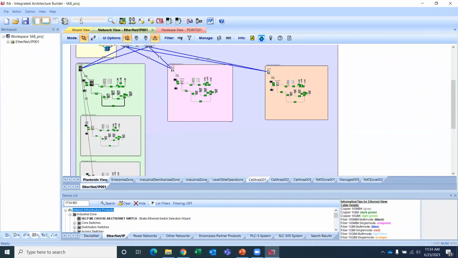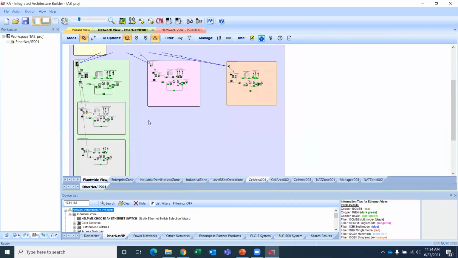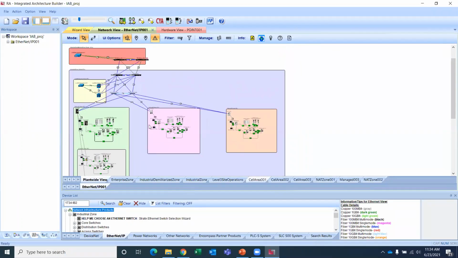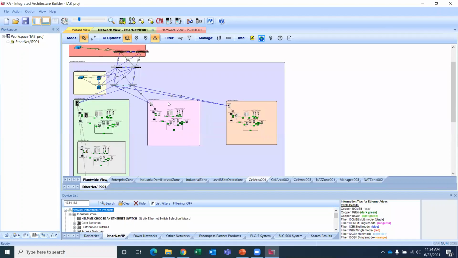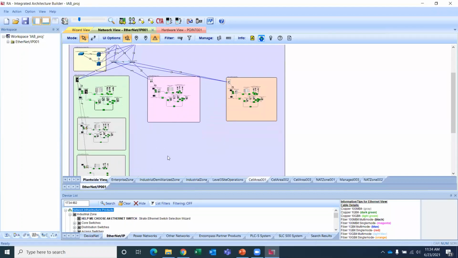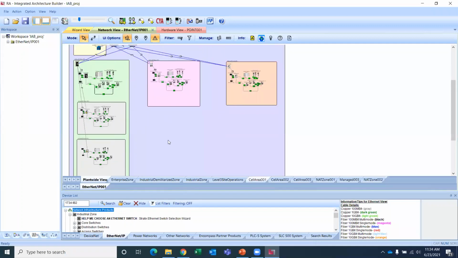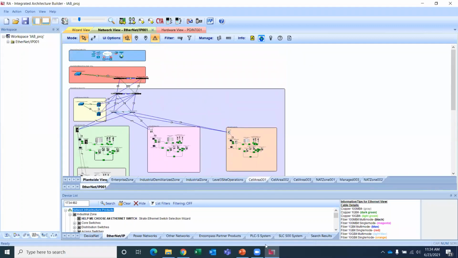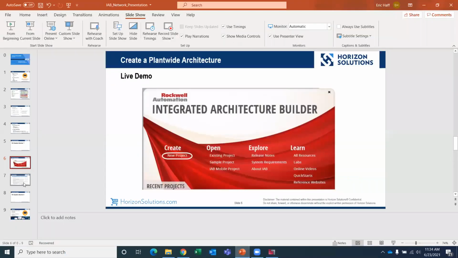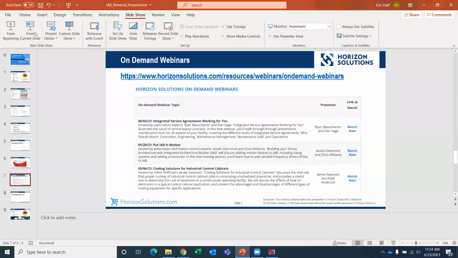As we zoom out a little bit, it's hard to see because it's a little small, but we have our whole plant-wide architecture laid out. And you can continue to build it out using the tools that we've shown you. Alrighty, and with that,